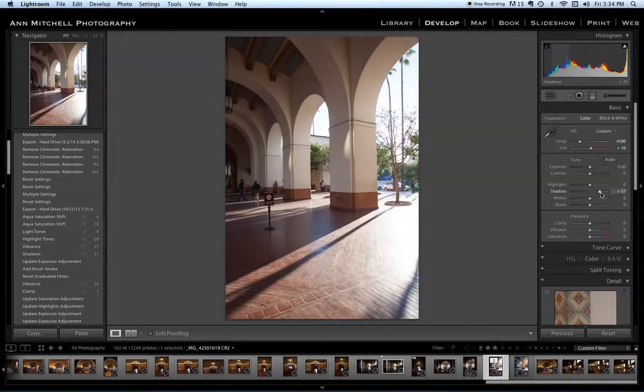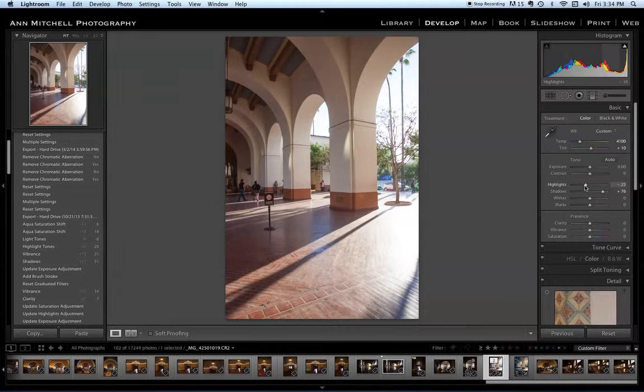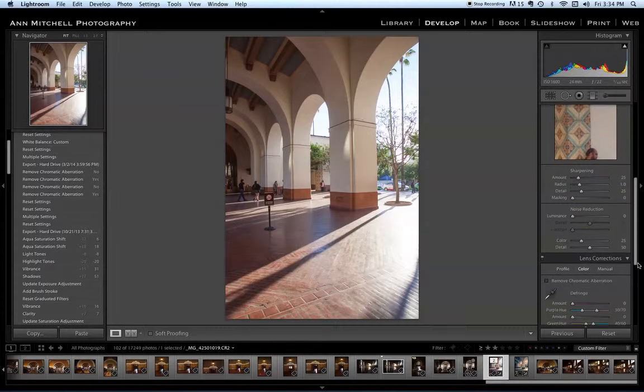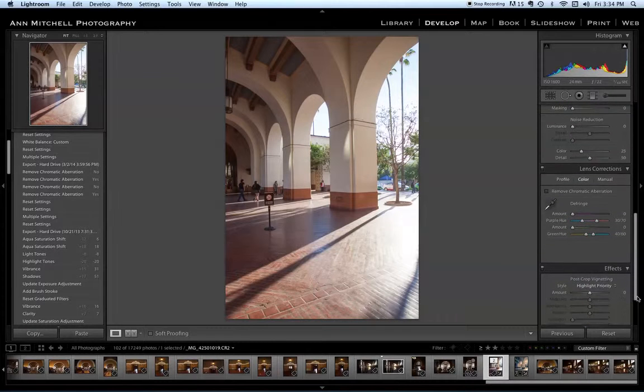I'm going to bring up the shadows to see quite nicely in them, and bring down the highlights. I want to make sure I don't overdo it, since this area outside should feel brighter than the interior area. And now I'm going to go down to, and I would probably normally do other changes, but I want to show you what lens corrections are.